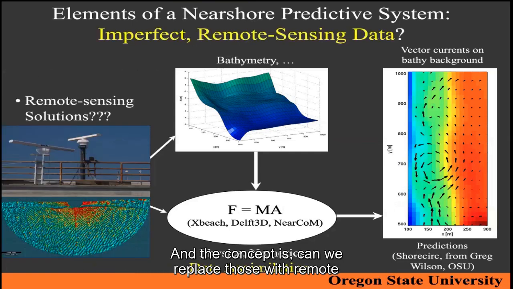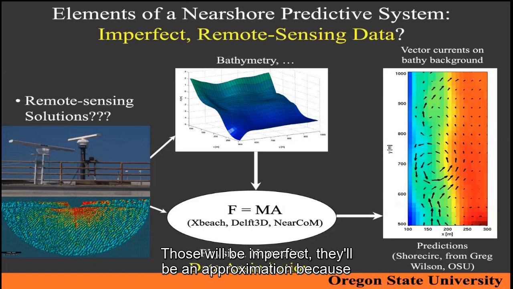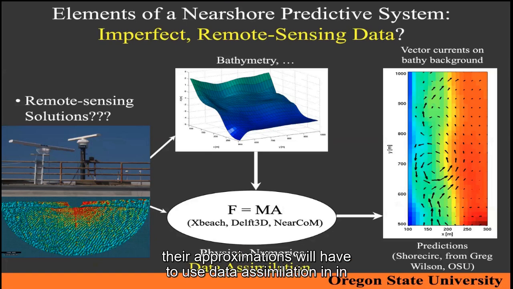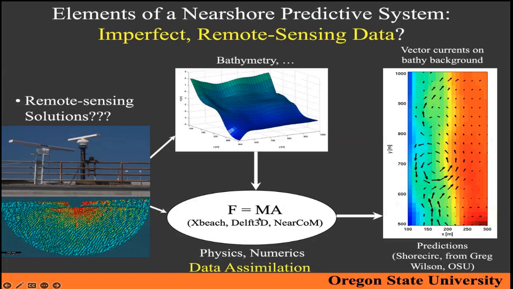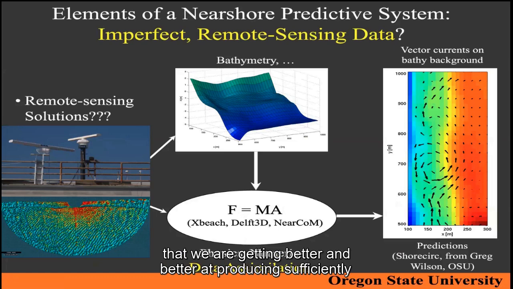And the concept is, can we replace those with remote sensing conditions or instruments and algorithms? Those will be imperfect, they'll be an approximation. Because they're approximations, we'll have to use data assimilation in feeding the models. But that's the goal. And there's good evidence that we are getting better and better at producing sufficiently good inputs